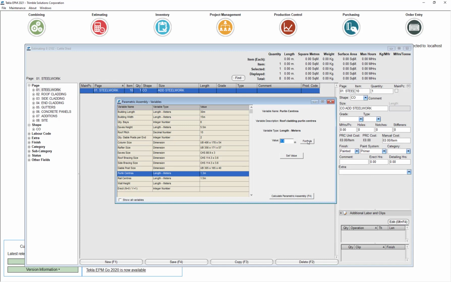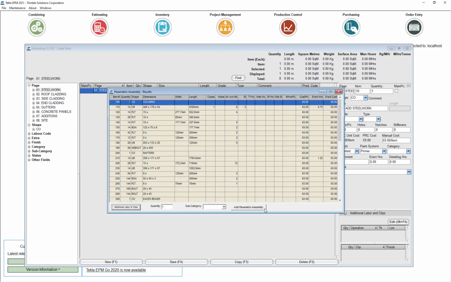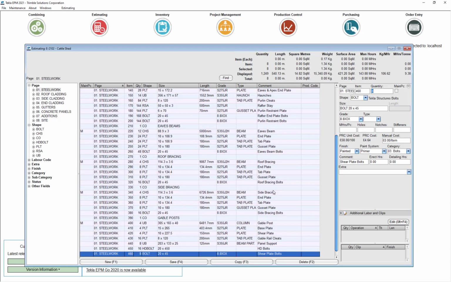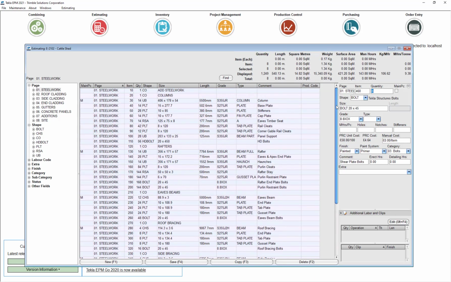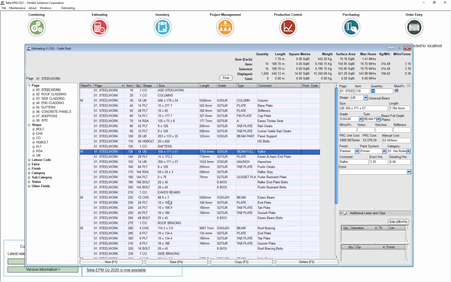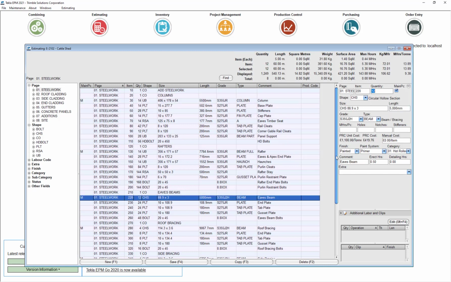It asks for the purlin and rail centers, so it knows how many rail cleats or purlin cleats to allow for, whether I've got a wall around the building, so it knows how far the cleats need to go, and then whether or not we're going to be installing this building or it's supply only. So having specified my variables, I can hit calculate, add that parametric assembly, and now you'll see it's added in all of my steelwork,